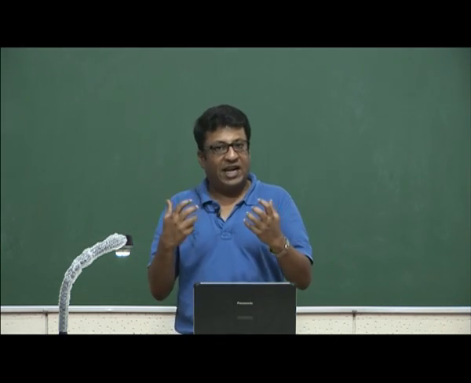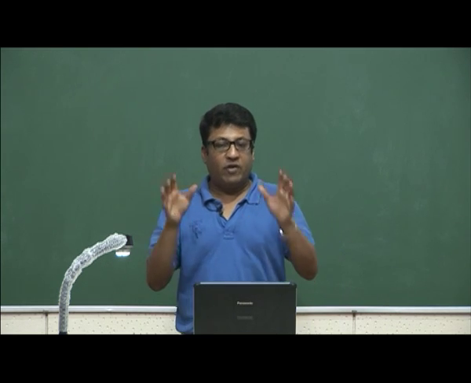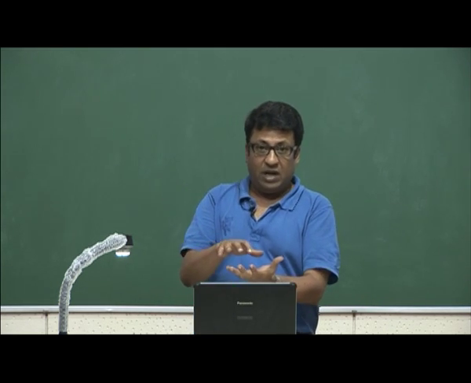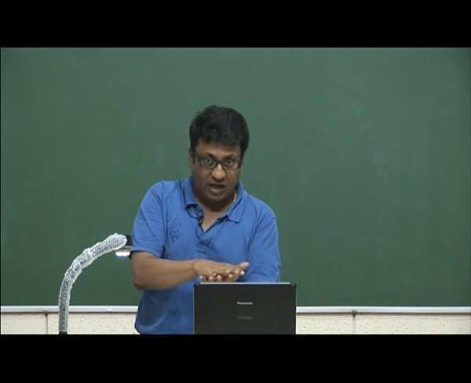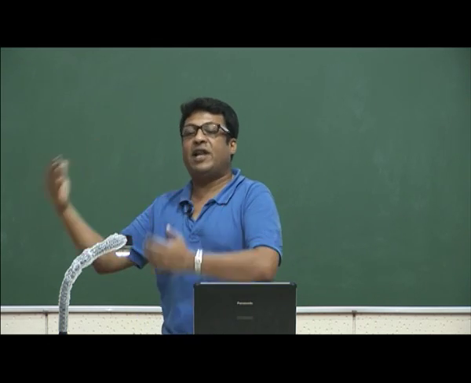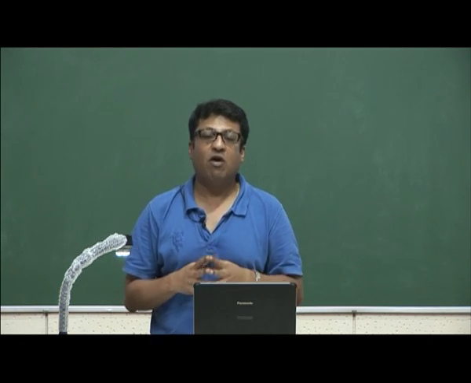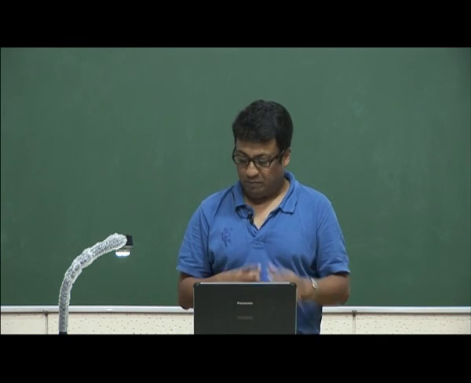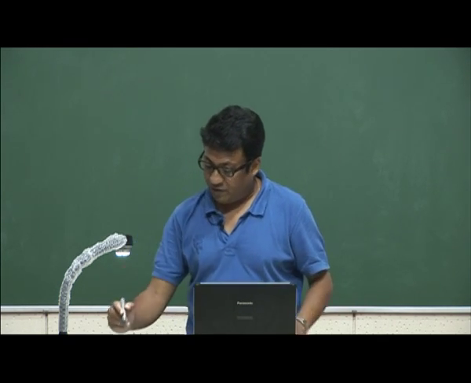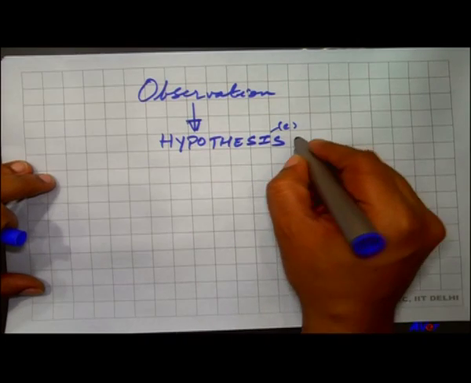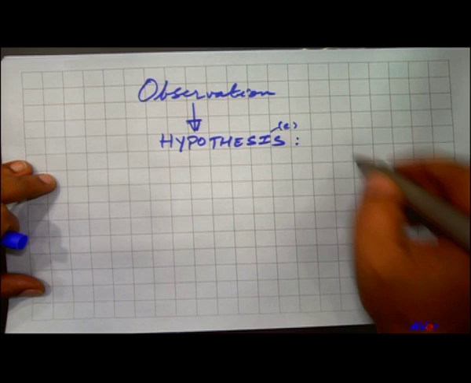One aspect of the scientific method which is important for you to understand is, if there is any observation, be open to any explanation for it, then logically find the reasoning that may or may not explain it properly. So, after an observation we build a hypothesis. The aim of this hypothesis